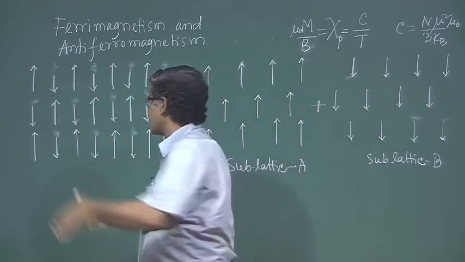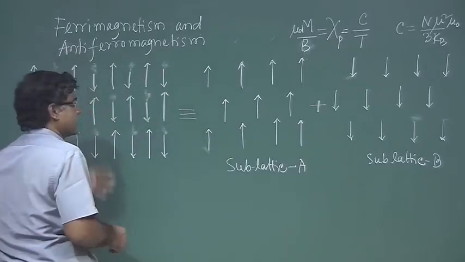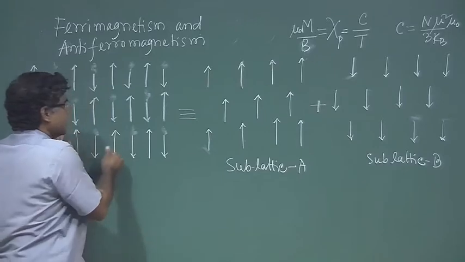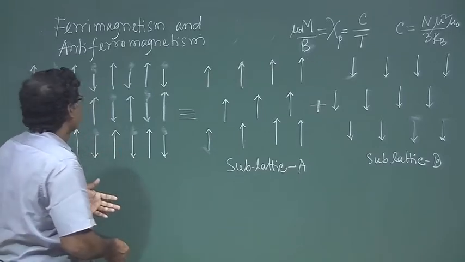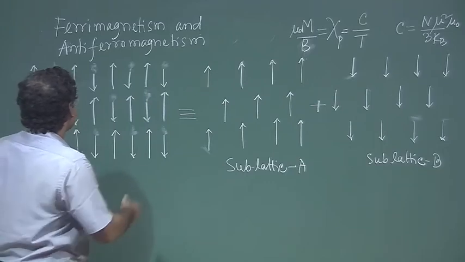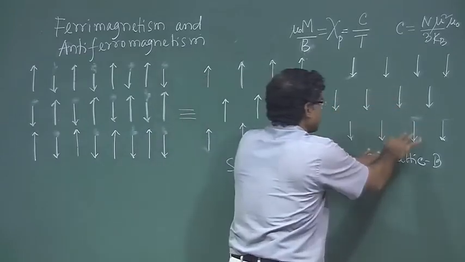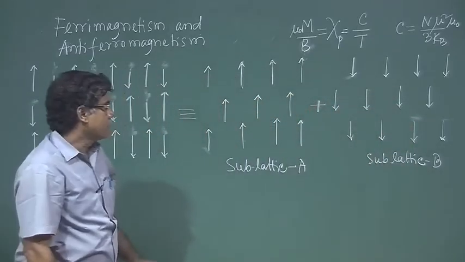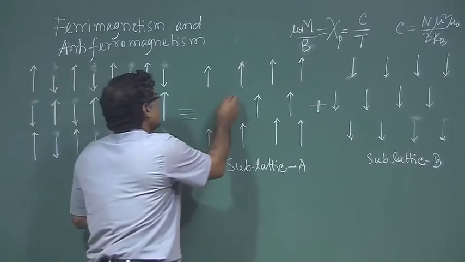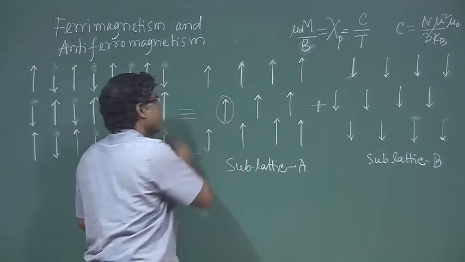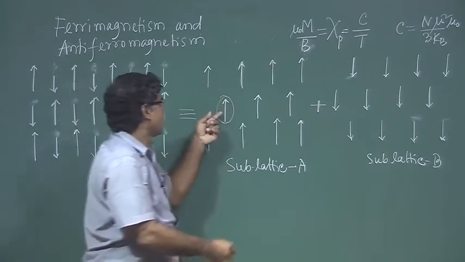So, we think of this ferrimagnetic or antiferromagnetic crystal as an interpenetration of two sublattices, one for spin up, another for spin down. Now, if you take any spin here,